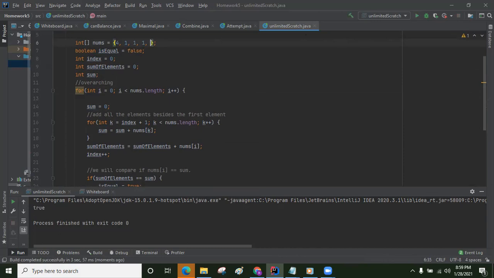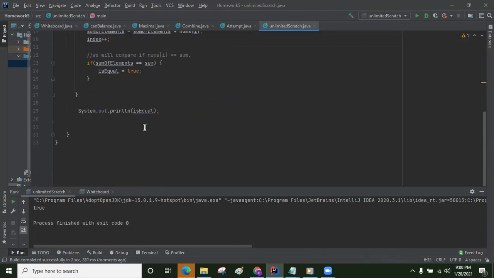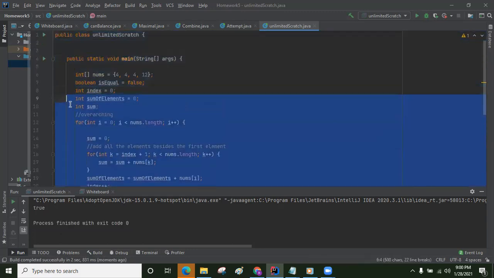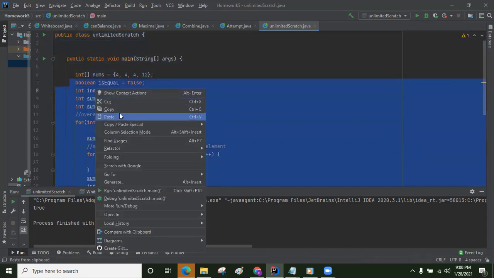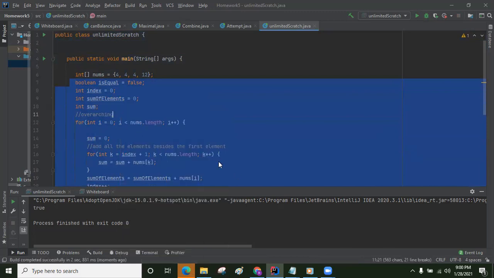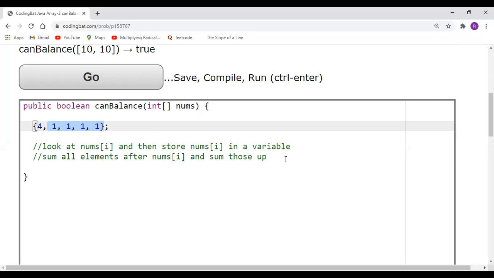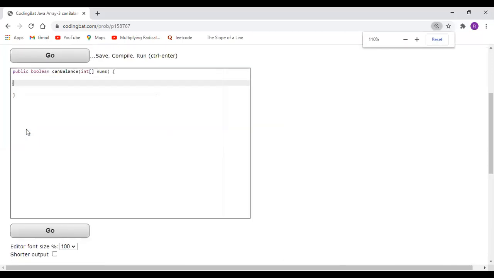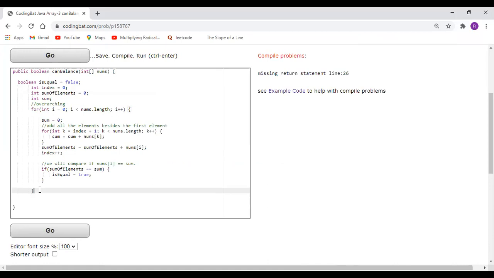And I think, okay, so let me try 4, 4, 4, and then 16, or actually 4 plus 4 is 8, 8, 9, 10, 11, 12, so maybe it's 12. Okay, great. So this should work if we were to put it into CodingBat, right? And we'd actually want to return is equal